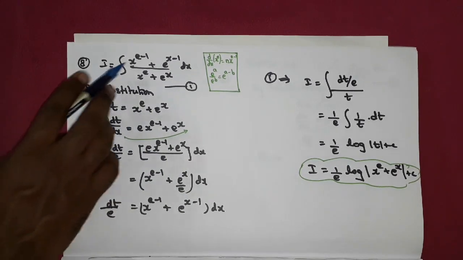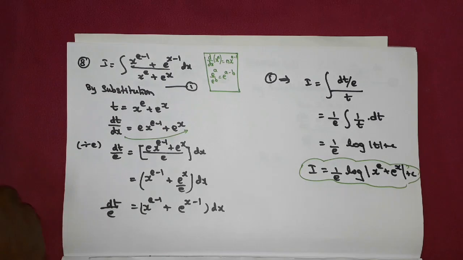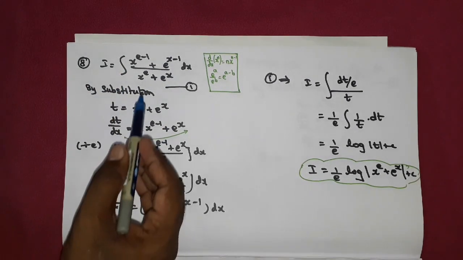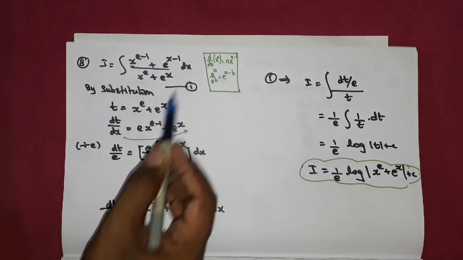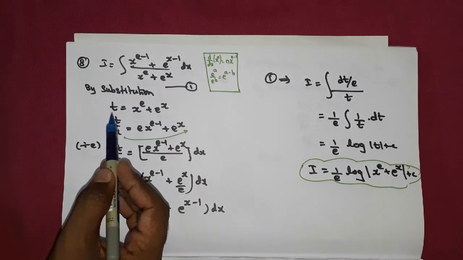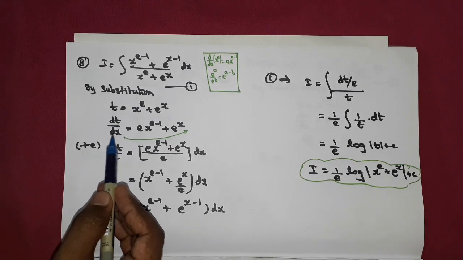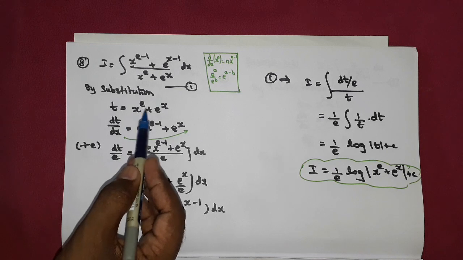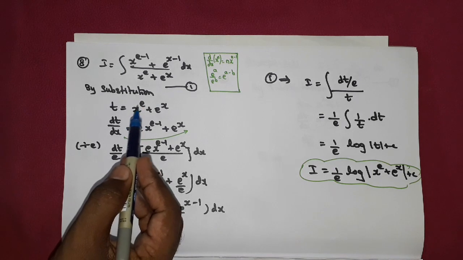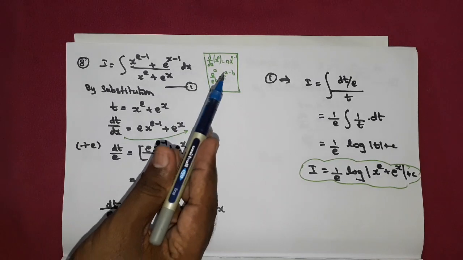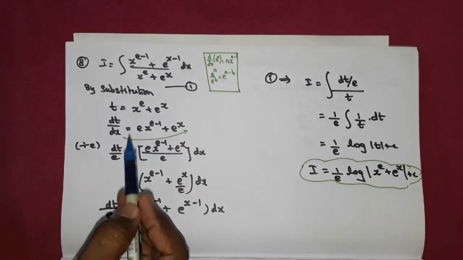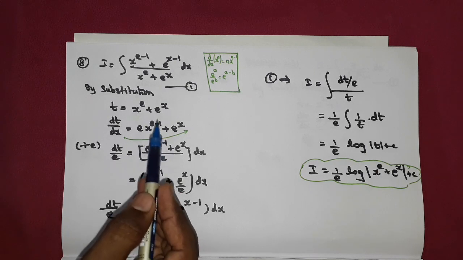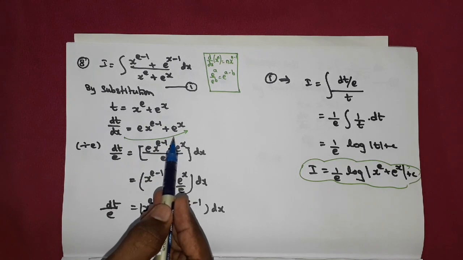Listen. So I equals the integral they have given. But this time we do not have any composite function, so most probably the denominator is going to be your t. Okay, let's have a try. Take it as t. Differentiate it. So you get dt by dx equals, it looks like x power n. X power e is nothing but a constant, so you treat it like x power n. What is the x power n formula? n x power n minus 1. So in the n place we have e. So e into x power e minus 1 plus e power x, since whenever you differentiate e power x you get e power x.